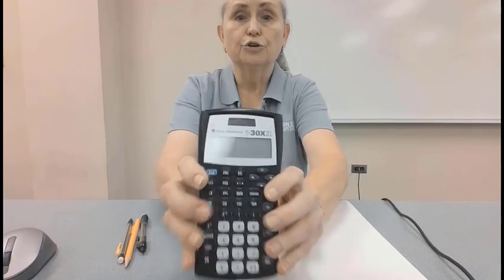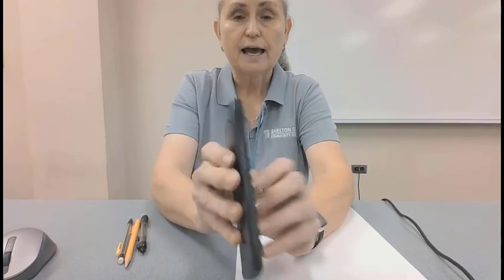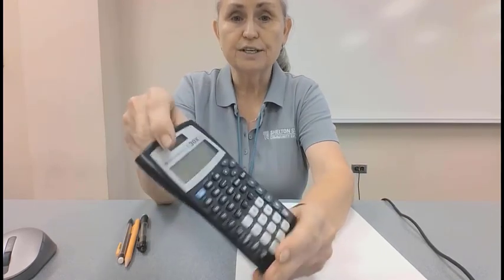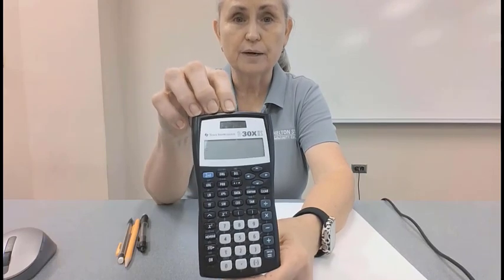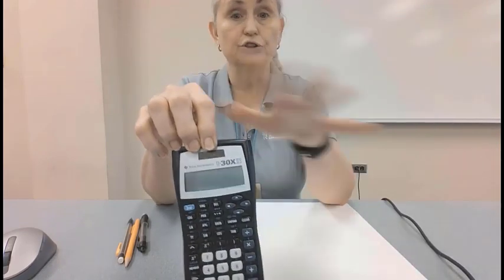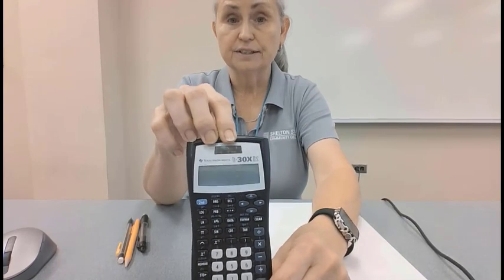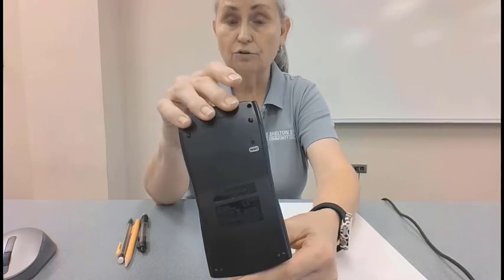Now, once you've got your camera in location, you're going to show the front and the back of your TI-30 X2S, and it has to be out of the case. Your case should be put away. It should not be anywhere in the vicinity of the test. So front and back of the calculator. Then you're going to make sure that